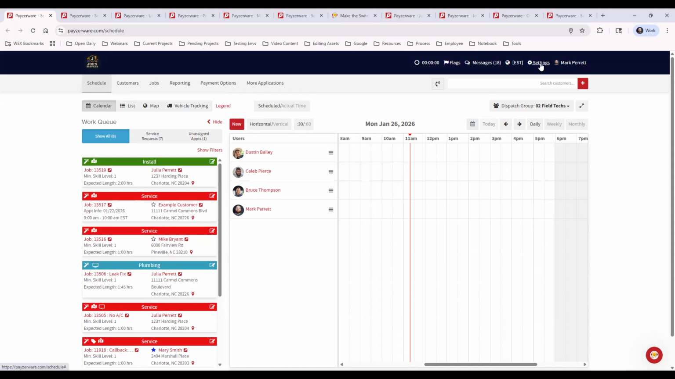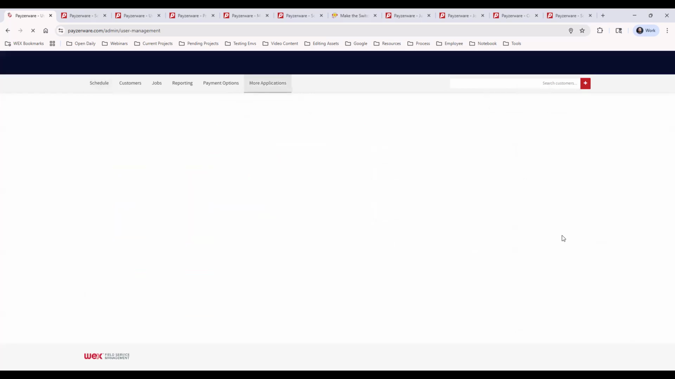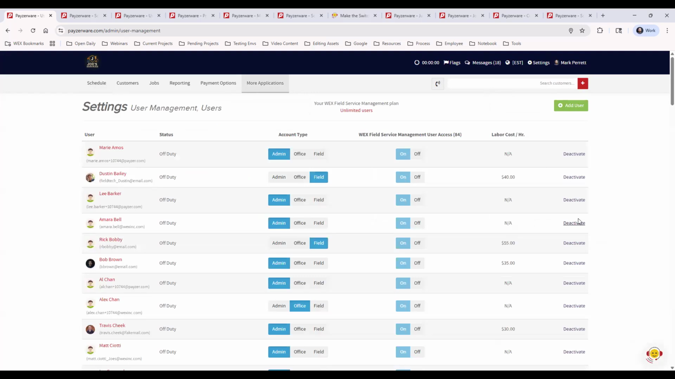To do this, you will go to Settings, User Management, Users. And so maybe you have already added all your users and you're good to go. But if you have not, you'll come in here, you'll click Add User,